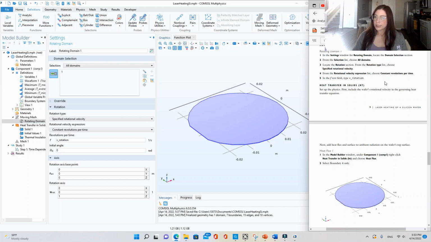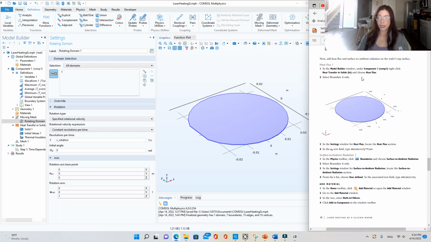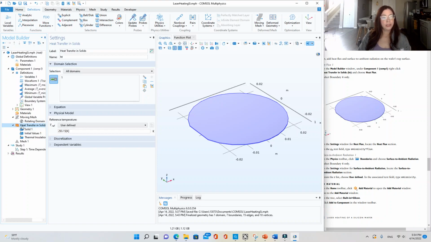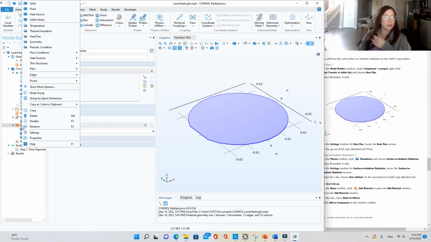Heat transfer in solids. So now we're moving on to setting up the physics. Include the wafer's rotational velocity in the governing heat transfer equation. Next, add heat flux and surface to ambient radiation on the wafer's top surface. Heat flux 1. In the model builder window under component 1, right click heat transfer in solids and choose heat flux. So when you right click on the physics that we added when we were first setting up the model,